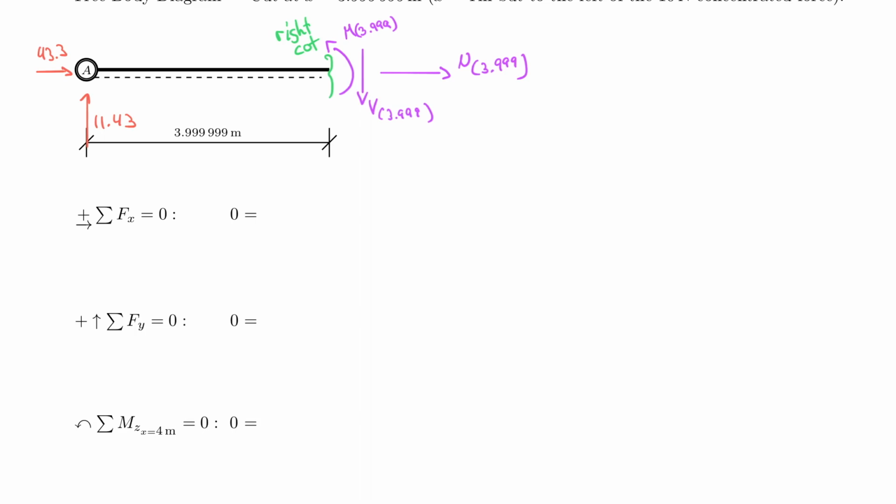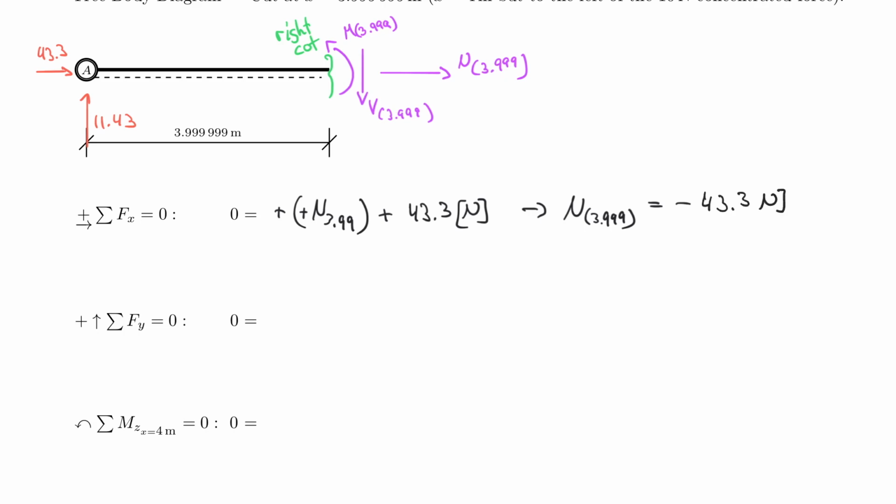So let's go ahead and calculate the sum of the forces in the x direction. 0 is equal to, I start with my unknown, plus, and I say positive N 3.99, and I use a double positive on purpose here, and plus 43.3 Newton. And therefore, my answer here for N at 3.999 is really equal to, now I have to be careful, negative, right? Negative